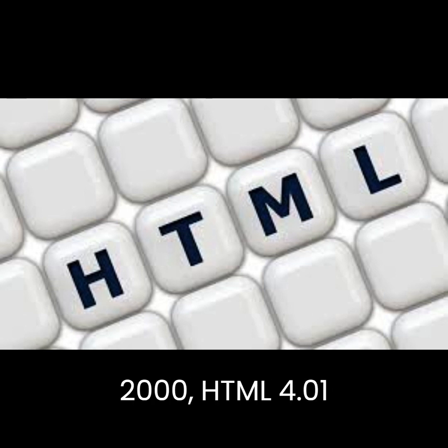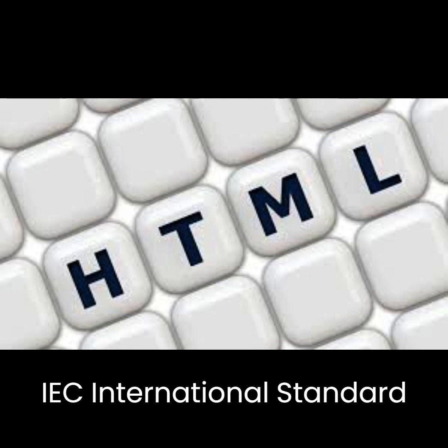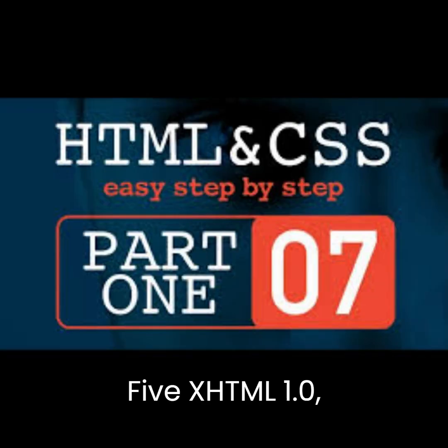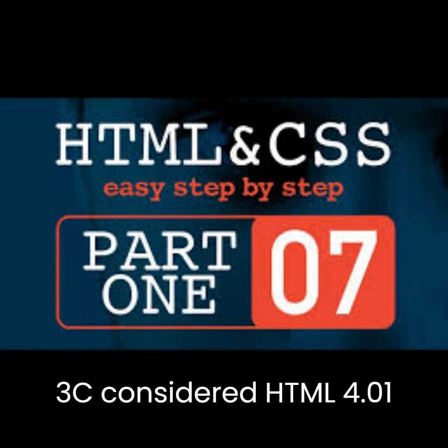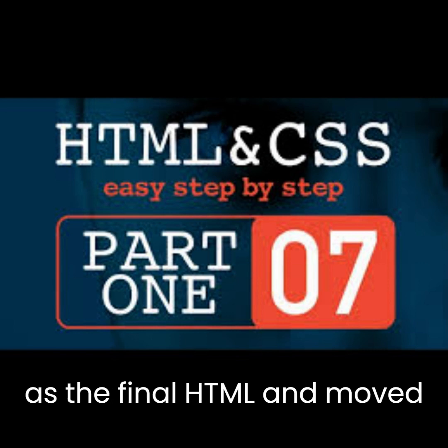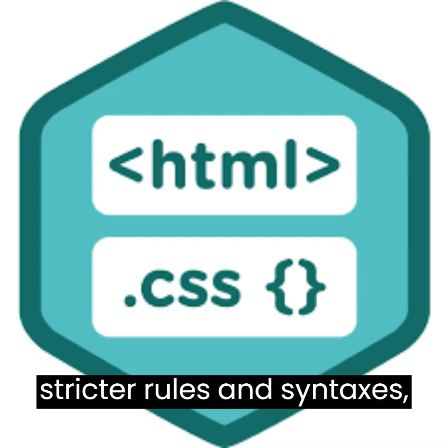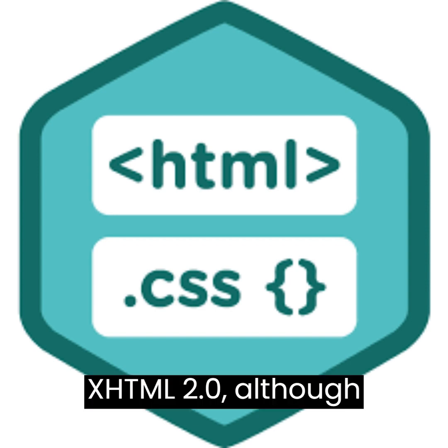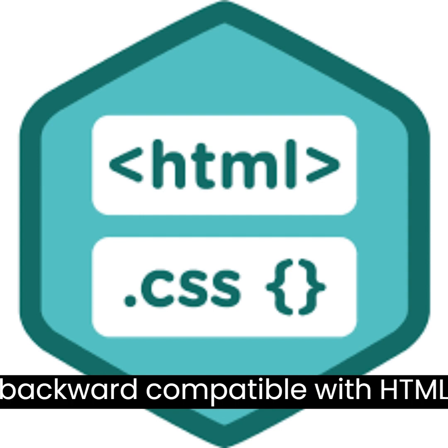In May 2000, HTML 4.01 strict was published as ISO/IEC International Standard 15445:2000. 5. XHTML 1.0, January 2000. W3C considered HTML 4.01 as the final HTML, and moved on to develop XHTML 1.0 with stricter rules and syntaxes, followed by XHTML 2.0. XHTML 2.0, although theoretically elegant, is impractical as it is not backward compatible with